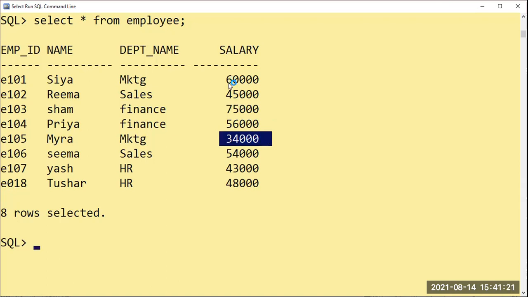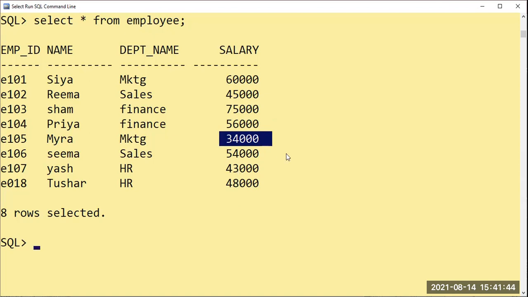Can you see it was increased to 62,000, 64,000 earlier? Why did it come back to 60,000? Because we had said rollback. Here also 48,000, 49,000 was there, and it has got 50,000. Once we said rollback, the changes we had made first came back.